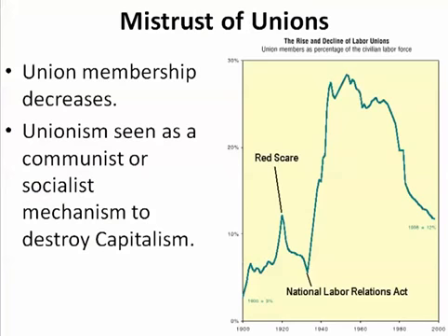And what's going to happen to the number of unions in the United States in the 20s is that it's going to decrease until the 1930s and the NLRB, and we're going to talk about that later. But there's going to be a decrease in union membership in the United States because unions are going to be associated with communism or socialism.